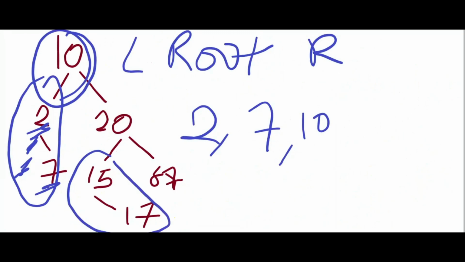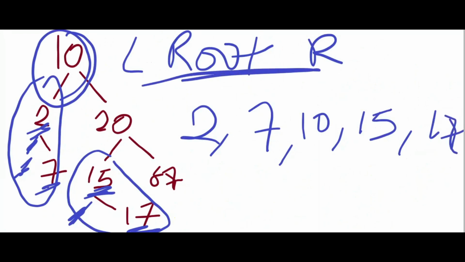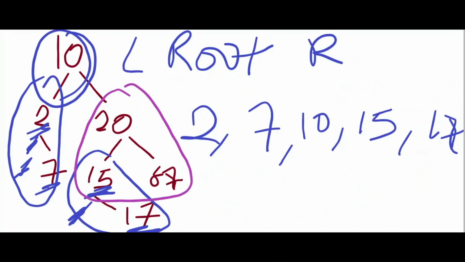We look at its left child. It had no left child, so we ignore that. Then we consider the root. The root gives us 15. Then we consider its right child, which is 17. Because for each subtree, we also have to follow the inorder traversal. Then after settling the subtree of the subtrees, we look at the larger scope to which this 15 belongs. Recall that the value 15 is just a subtree of this subtree,